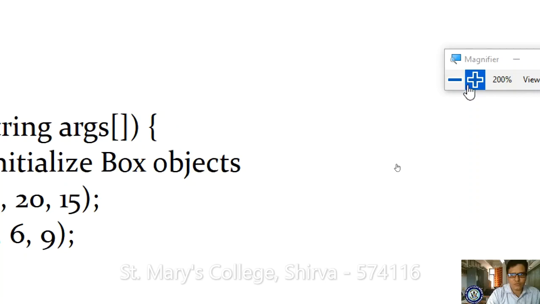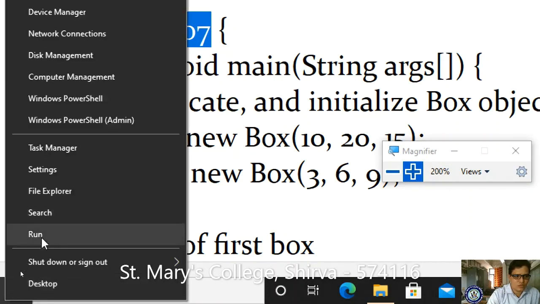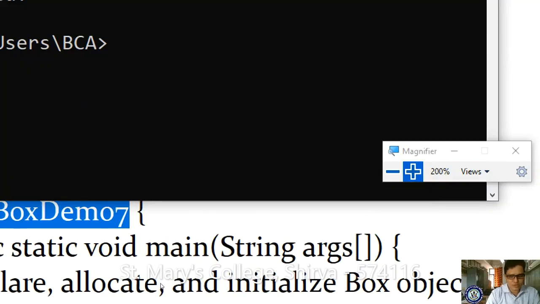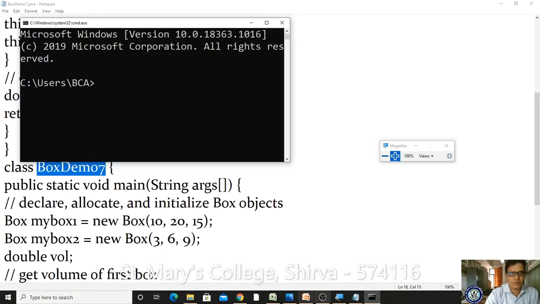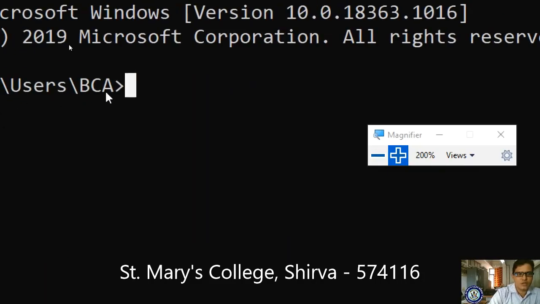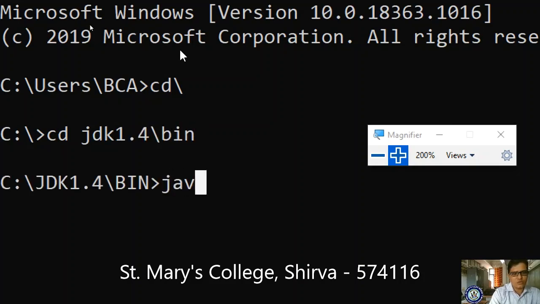Afterwards we have to take our command prompt. Go through Run, cmd. Now your editor is ready, let me minimize, and I'm pressing Alt+Enter. I hope it is visible. Is it visible? Yes. How to change the directory? cd slash. Now how to run? We have to go into the default directory, /bin. Now javac, what is the name of the program?